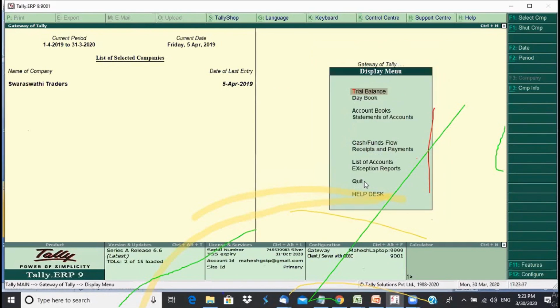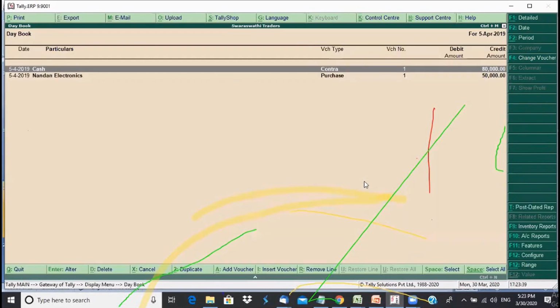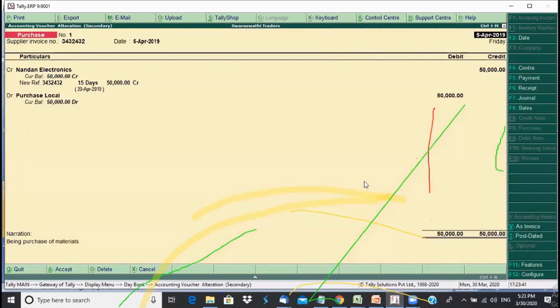Let me go to display daybook. So there is a purchase entry. The transaction date is 5th of April, where my cursor is currently. The supplier bill date can be 5th of April or earlier than 5th of April,